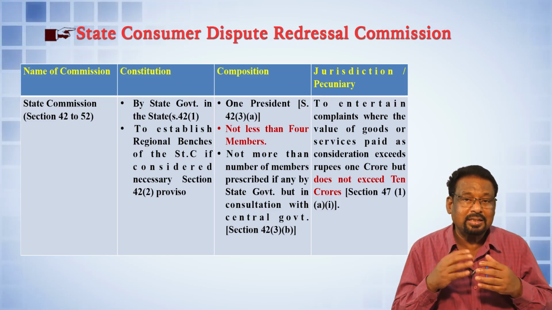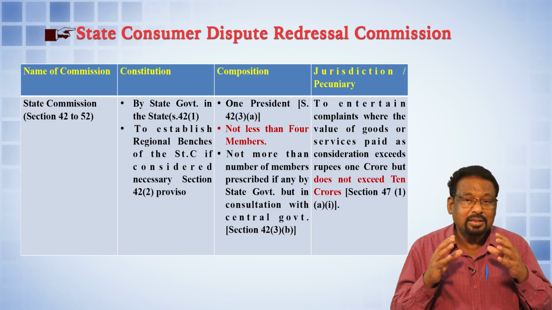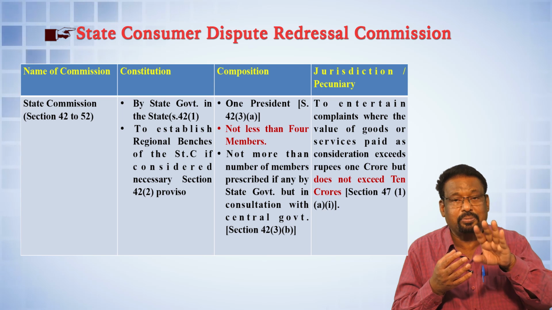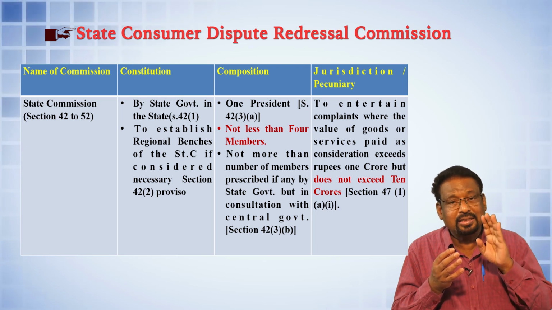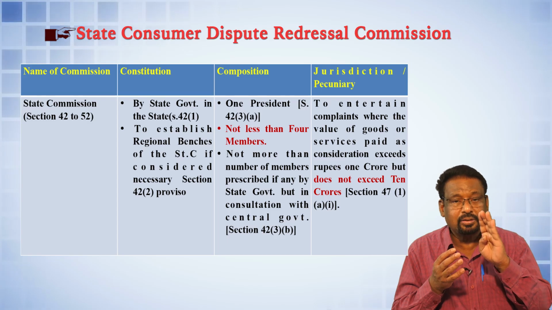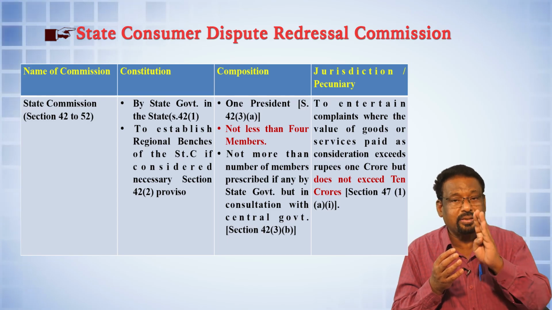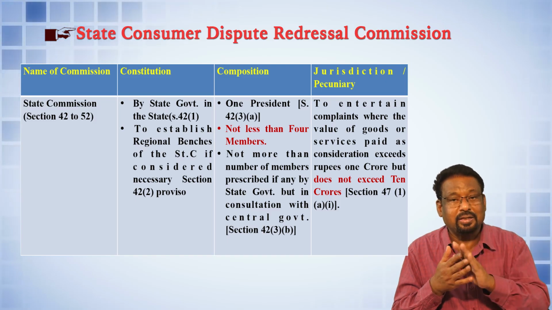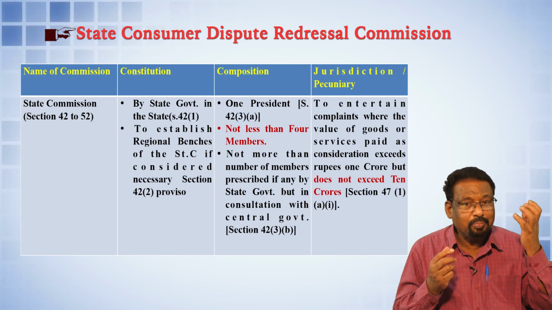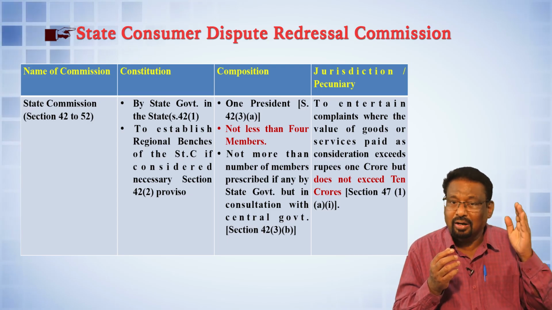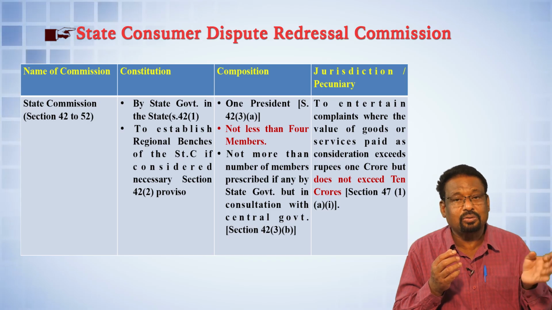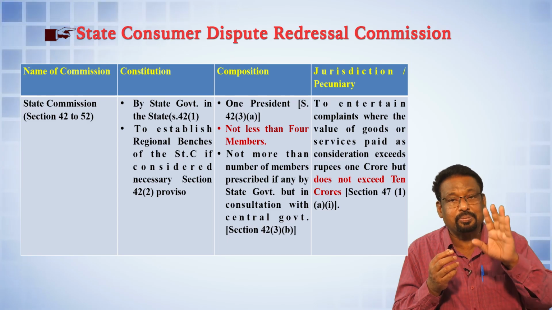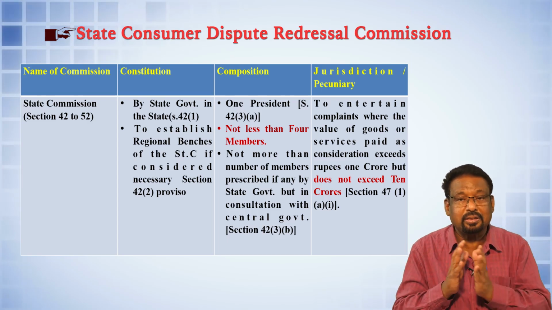In the state commission, the number of members is increased from 2 to 4, and the president again will be the judicial person, meaning either a sitting judge of the High Court or a retired judge of the Supreme Court, or a person qualified to be the judge of the High Court. He or she will be appointed as the president of the state commission. With respect to the district commission, a sitting judge of the district court or a person retired as the judge of the district court, or a person qualified to be the judge of the district court, can be appointed as the president only. So these are the judicial member and the other members.